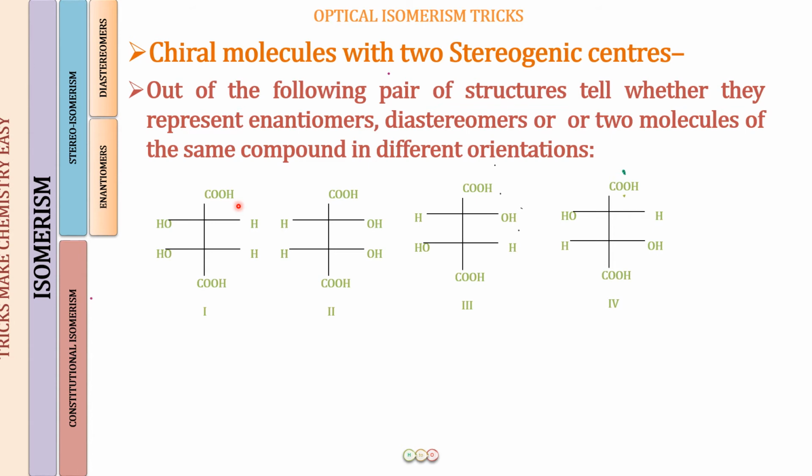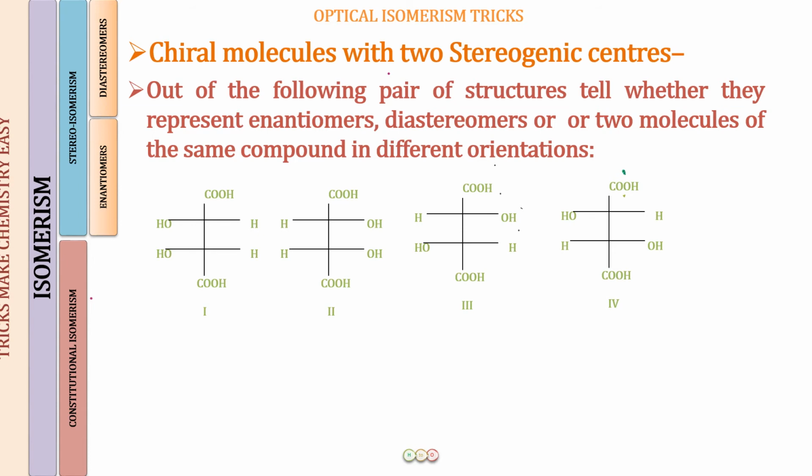So here for tartaric acid, you have the 4 stereoisomers that are given to you. Well, are they all 4 stereoisomers? Whether there are some identical molecules present in them, whether they are enantiomers, whether they are diastereomers, is all that you have to think and answer. First try it out yourself and then we will do that together.